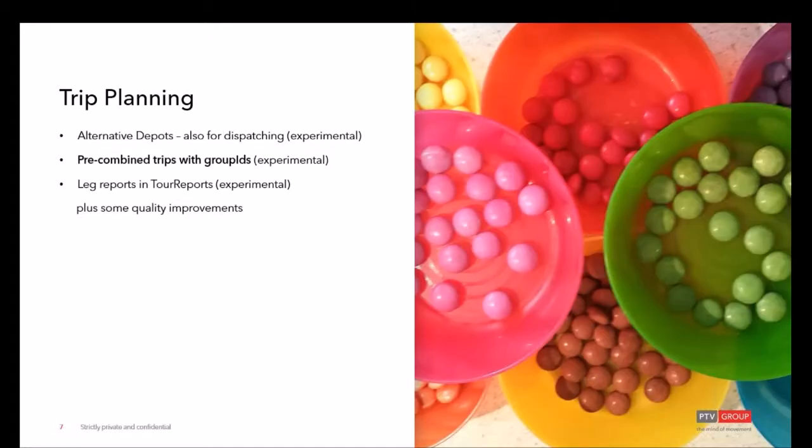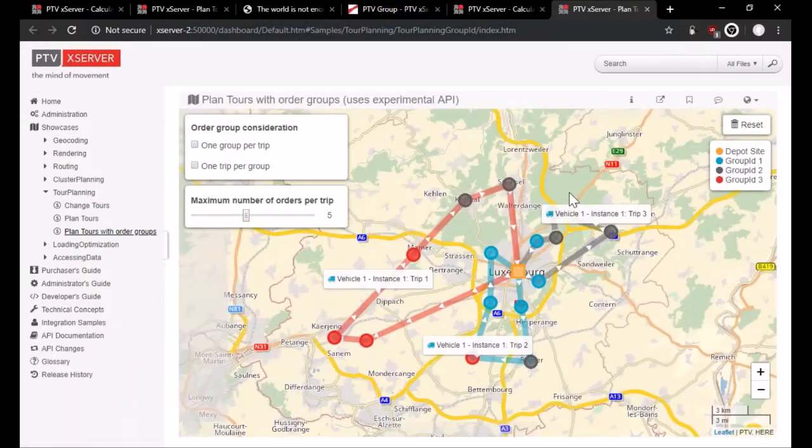We also now support precombined trips with group IDs. There you see the use case is usual, like